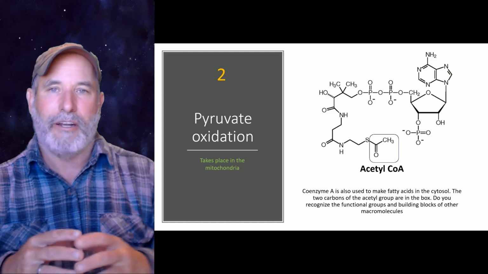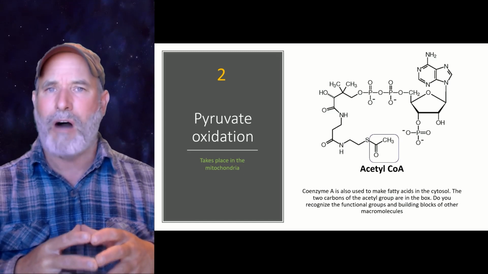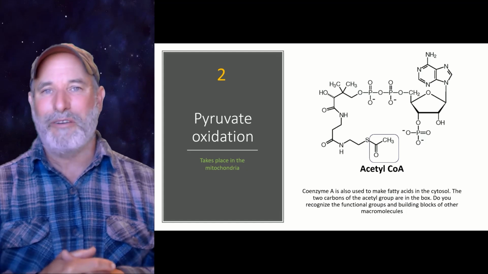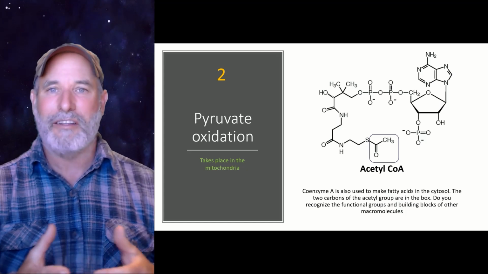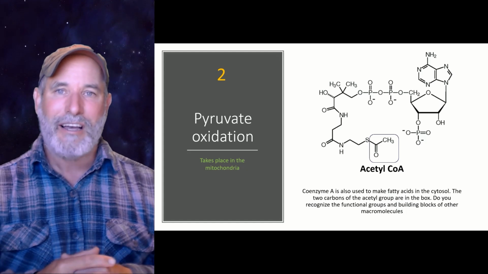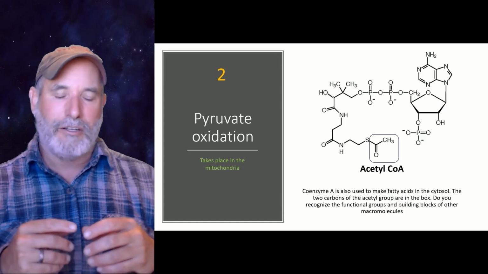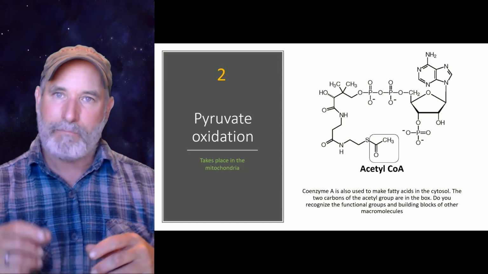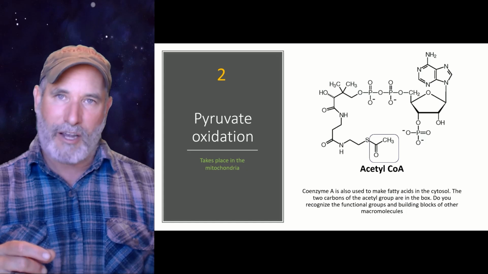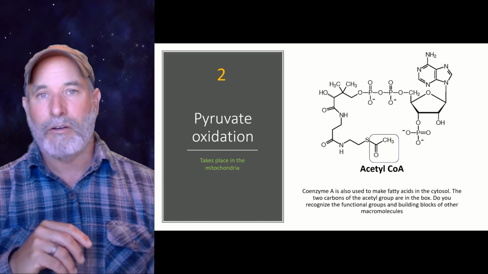Let's see if we can get a picture of it here. There it is. It doesn't fit neatly into one of the 4 macromolecules. Coenzyme A is this really fascinating molecule. I mean, you can see that it's got a nucleotide in there, some amino acids, and it binds to that acetyl group there at the very end. And what this molecule does is it links pyruvate oxidation to the Krebs cycle. So it's bringing in these carbons that ultimately started out in glucose.